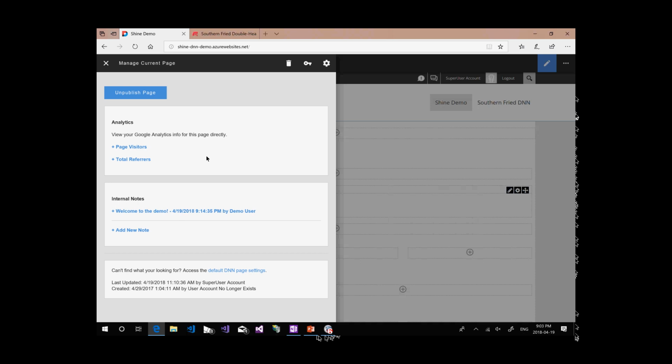The analytics I don't have fully tuned in to the page settings screen yet, but eventually you'll expand this and you'll see exactly the same information you saw on the dashboard, except for this page in particular, not the whole website. And the other thing we've added here is internal notes. So similar to files,